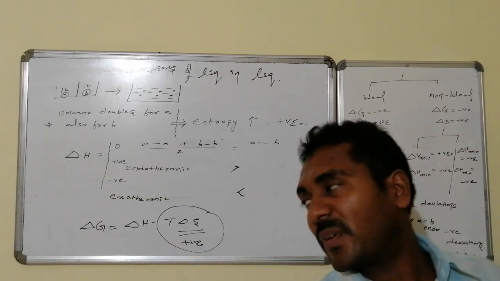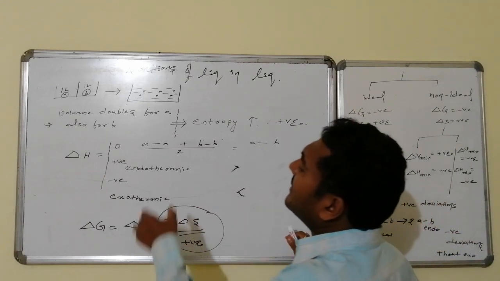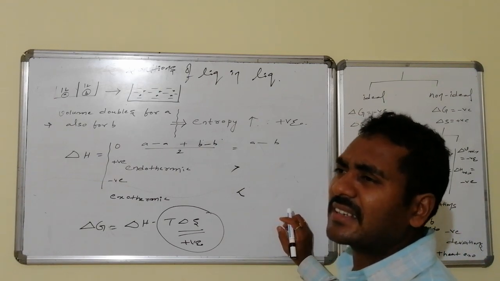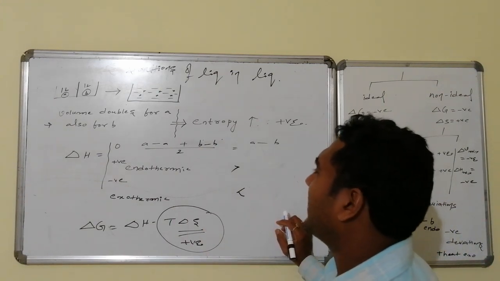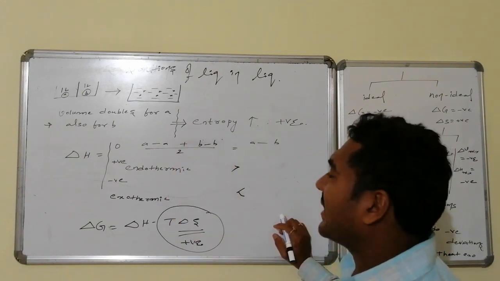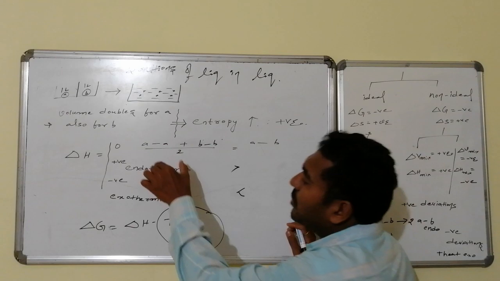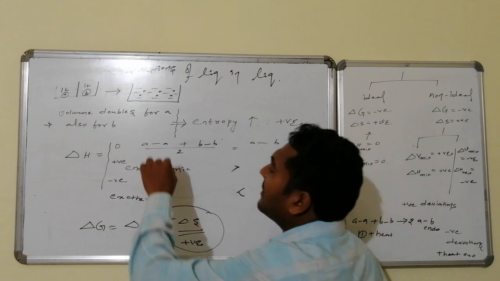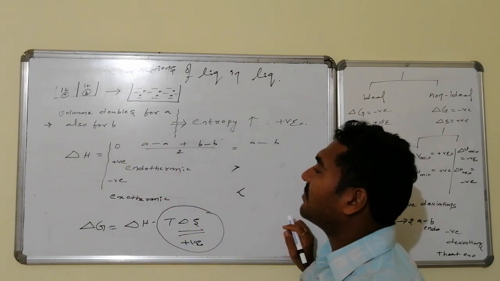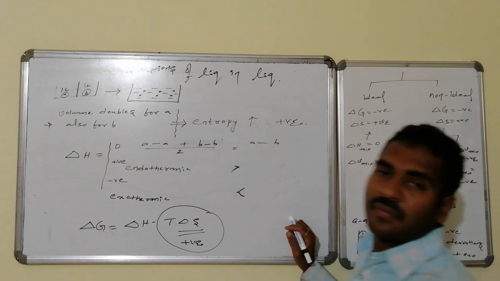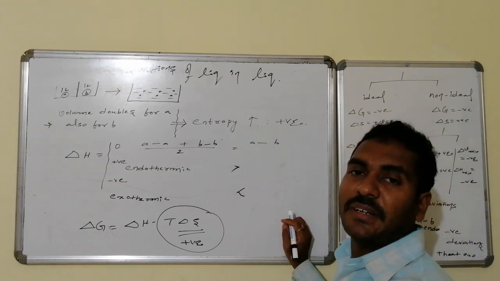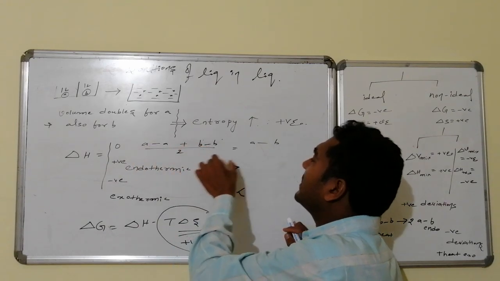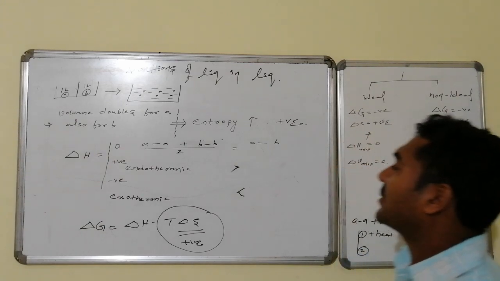Once again, let us go for clarity on this one. Consider that this is A to A, the intermolecular force of attraction; that is not a bond, that is a secondary attraction. Similarly, B to B secondary attractions are there. Before mixing, A and A are there, B and B are there. I am making A free from all interactions of other A's, and B free from all interactions of other B's. One A molecule and one B molecule are independent, and as a result they form an AB molecule.